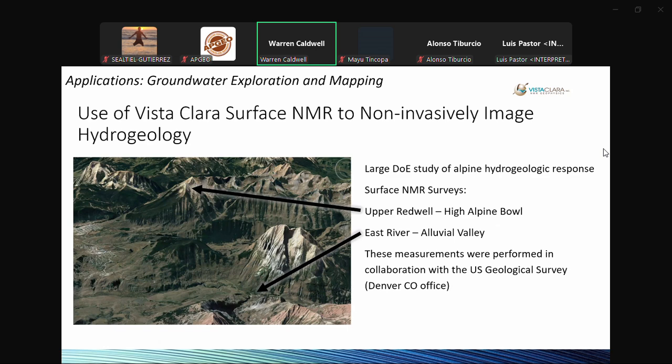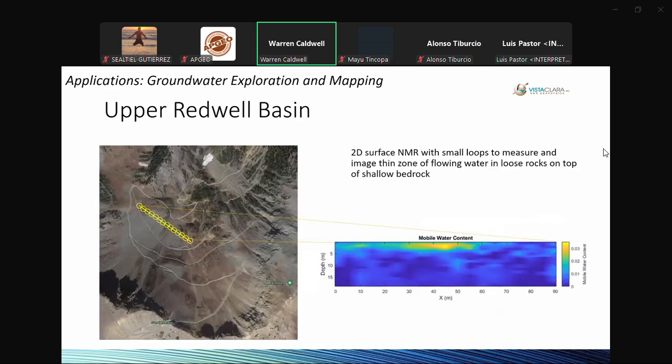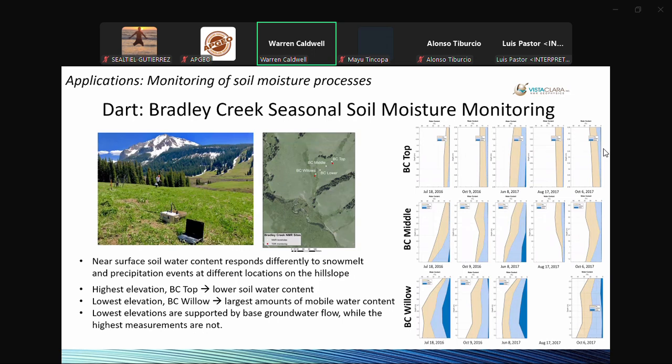For time, I'm probably going to skip some of these examples of surface NMR. This is an example of a DART survey, and here you can see that one of the advantages of the DART is because of its size, because of its portability, you can access remote locations, as shown here. We hiked the system into these locations, and then we were also able to